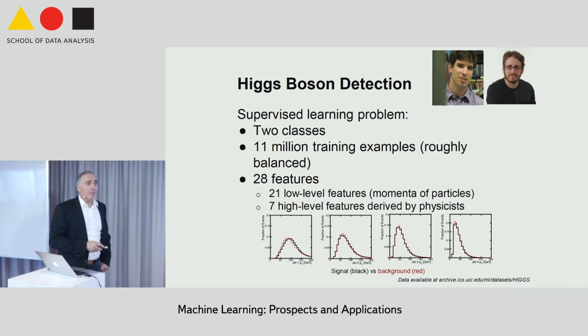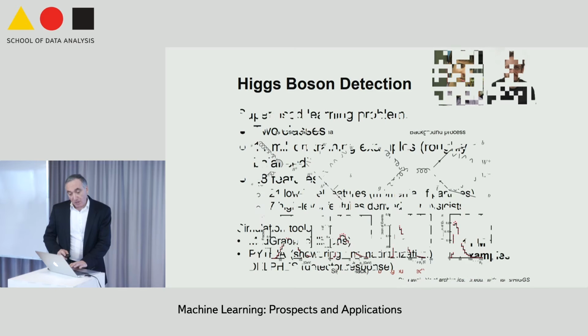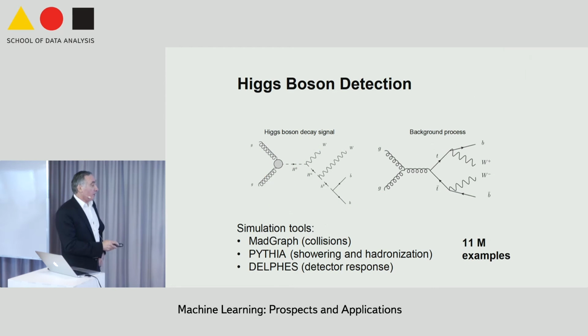Yes? How did you get the balanced training set? We have very good simulators. These tools here, which I didn't write, of course, are the tools physicists use to produce data. And if you want to go into the details, this is a quick way of producing data. There are slower simulators, which are believed to be more accurate, but there is disagreement between physicists, etc. So we could talk about the data for a while, but this is what I'm using in this example, data produced using these tools.